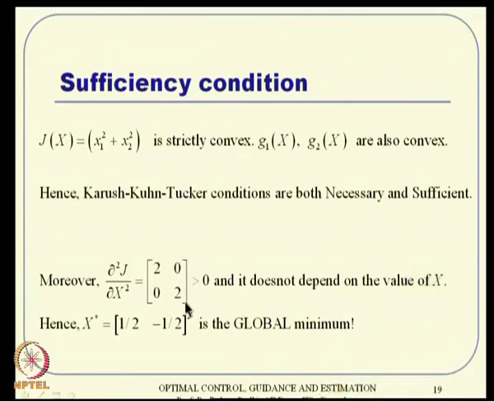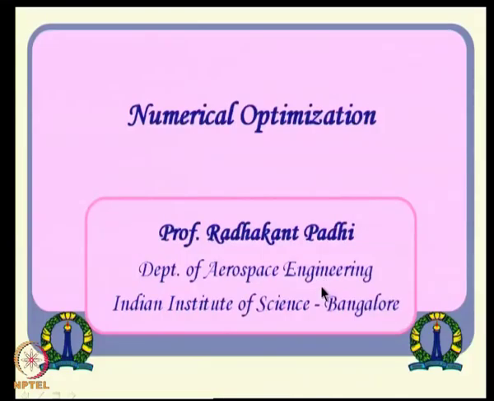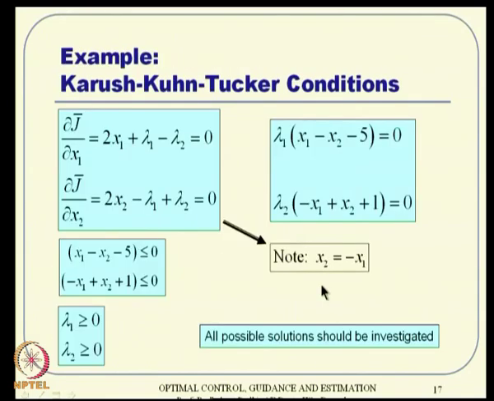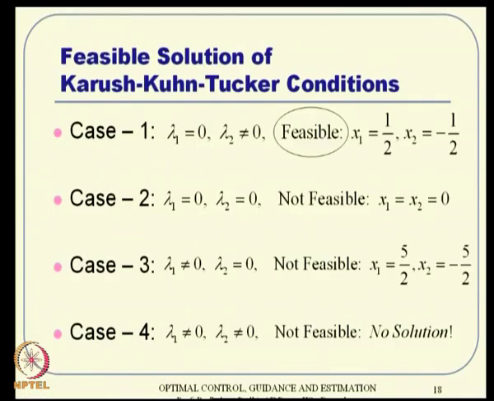That is not a function of x star. That means no matter whatever x star is, this condition is guaranteed to be satisfied. So, that is how you can conclude that it is actually a global minimum also. That is how the analysis proceeds. Okay, so this is all about these analytical tools and how you go ahead and do that.